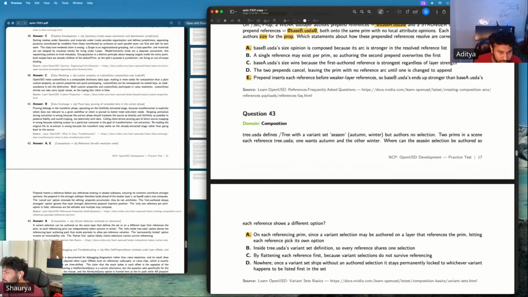Where can the season selection be authored? On each referencing prim, since a variant selection may be authored on a layer that references the prim, letting each reference pick its own option. Damn, how did we get this right? I don't even remember.